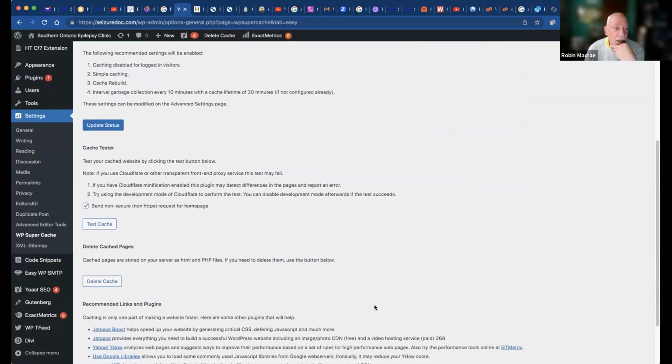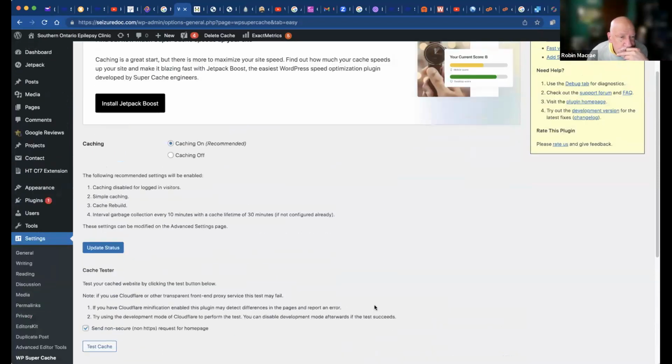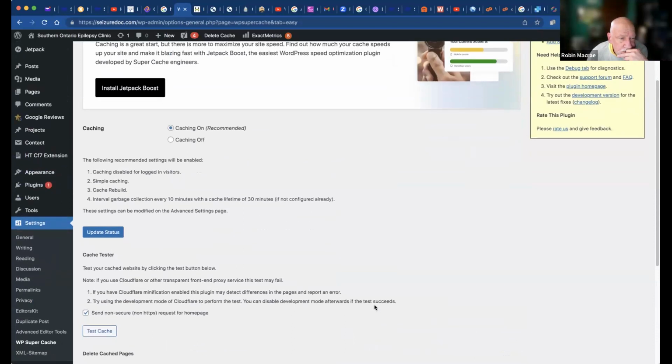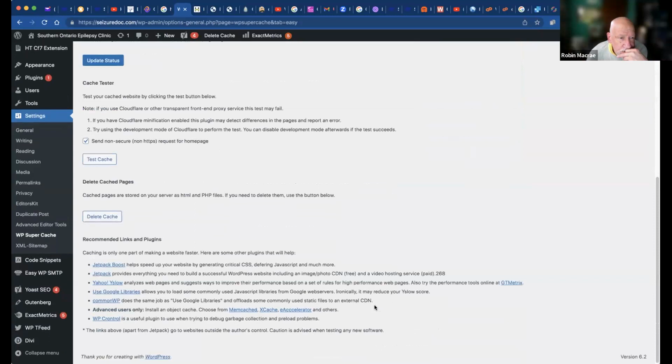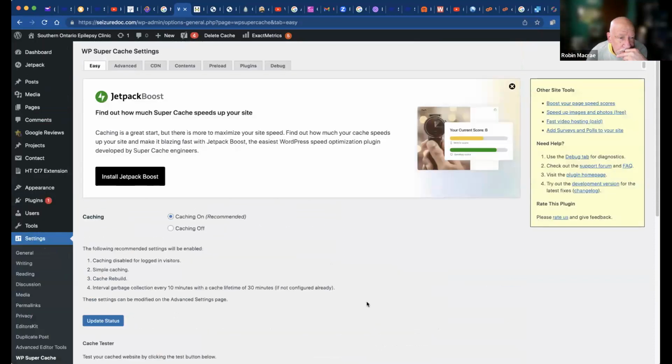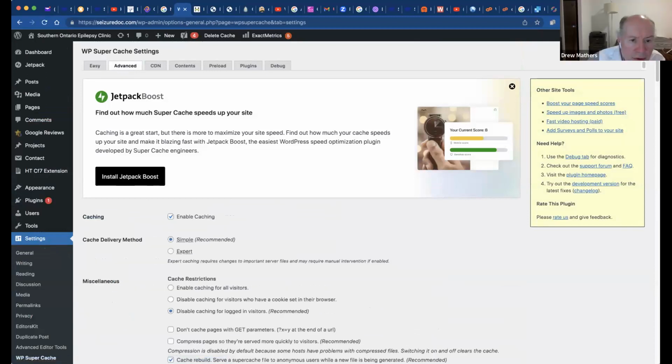Caching disabled for logged in users. Okay, and advanced.